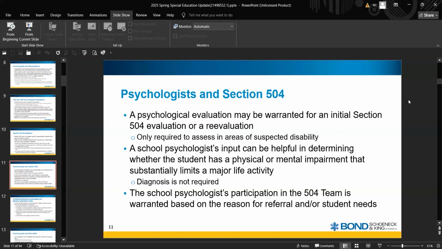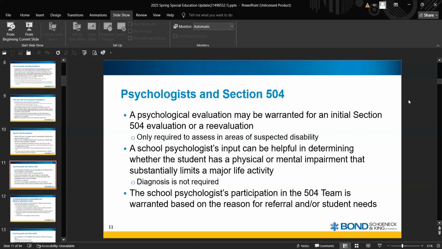It could be that for a student with ADHD we don't have any achievement concerns with them. Maybe that evaluation would be an observation, consultation with the parents and the teachers, a clinical interview with the student, and then some rating scales that maybe the parents, teachers, and student fill out. I've had